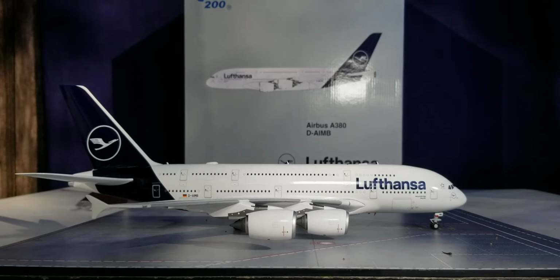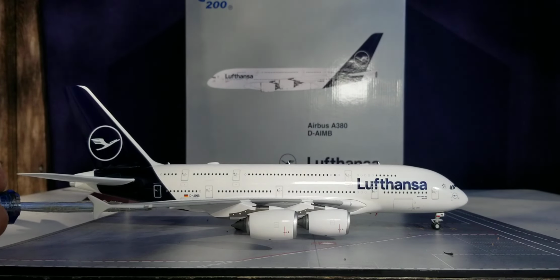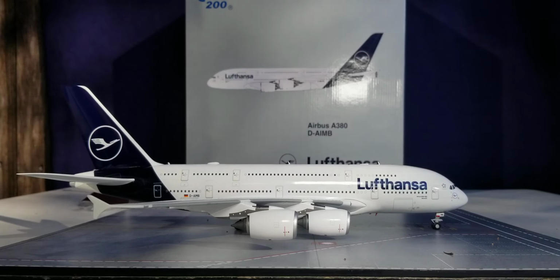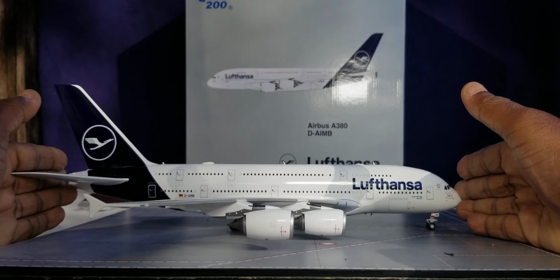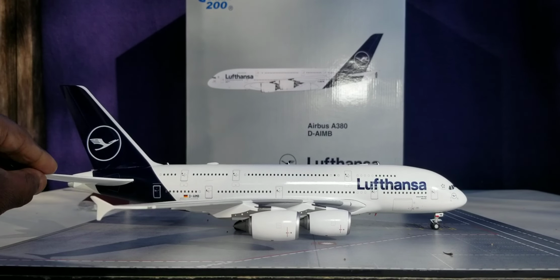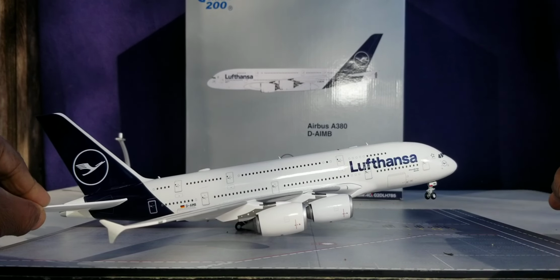All right, before I show you the aerial bird's eye view of this aircraft model, as well as the undercarriage belly view of this aircraft model in full detail, allow me to check out one little feature, which is the rolling gears. I'm going to show you that right now. Let's check that out. Pretty good. The gears tilt, as you can see there, as well as the front nose gear swivels as well. You see there,